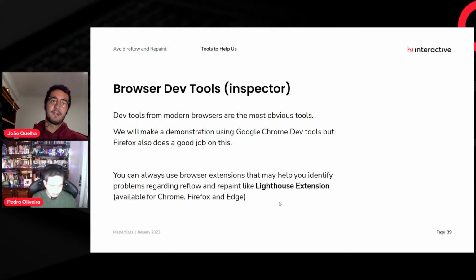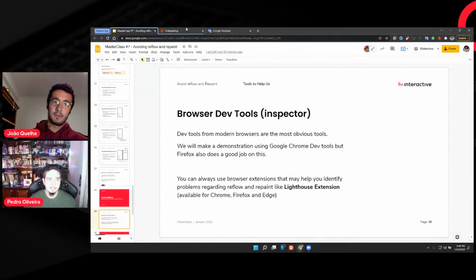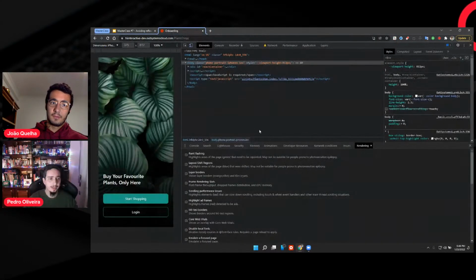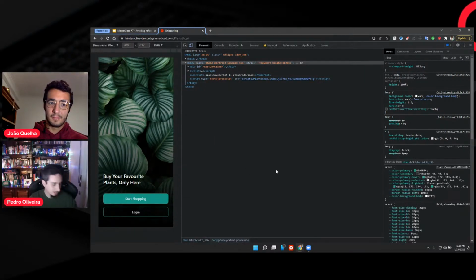Okay, so let me go to my browser. All right. For those of you who usually see our masterclasses, this looks quite familiar. You will remember this application that we presented a couple of masterclasses ago, and I want to use it just to